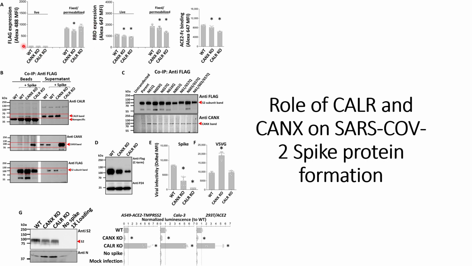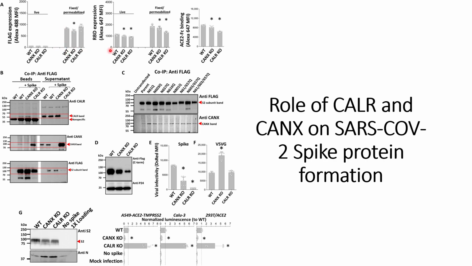So let us start with the first figure. The first figure shows the cell surface expression of spike protein. So this anti-flag tag has been used, and panel A figure has been generated with the help of a flow cytometer, and they have found that this spike protein formation is almost comparable in the calnexin knockout or calreticulin knockout, and they are similar to the wild type